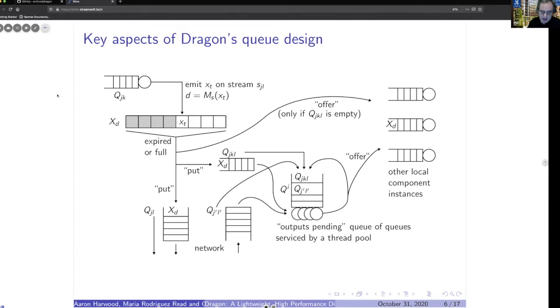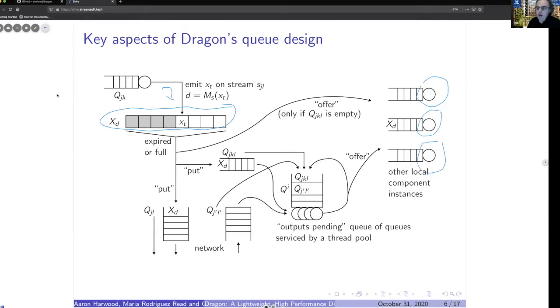One of them is creating, for every tuple that's emitted from a bolt or a spout, what we call a tuple bundle. Indeed, we're doing a kind of micro batching, a bit like Spark would do, I guess. We do create small batches, and the reality is that if you're going to use blocking approaches, and indeed when you get to the network and you're going to transmit data, to do so efficiently you have to have some amount of bundling of the tuples, especially considering that a tuple is a small amount of information. It might just be a word or a few characters. So tuples get emitted into a bundle. When that is expired or it's full, then the system